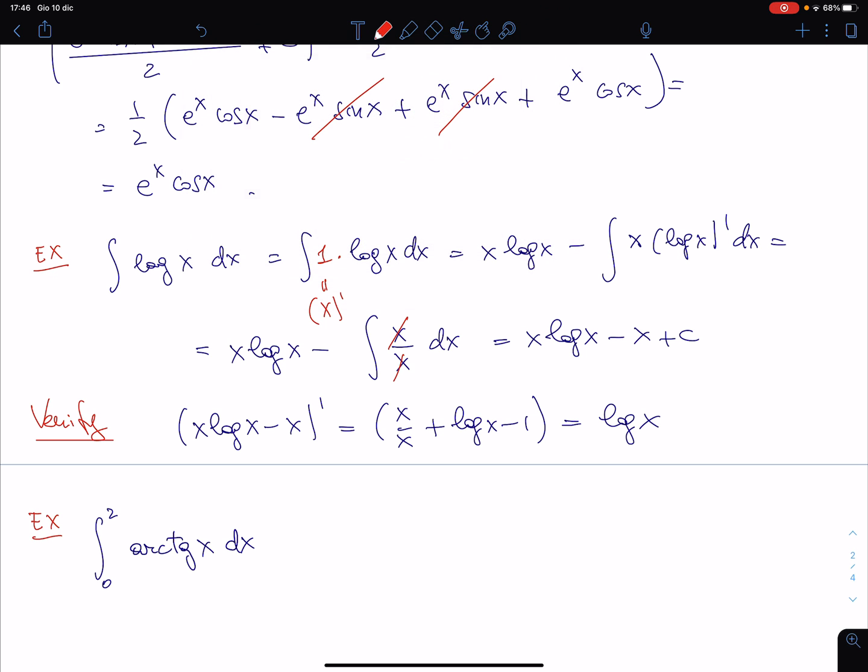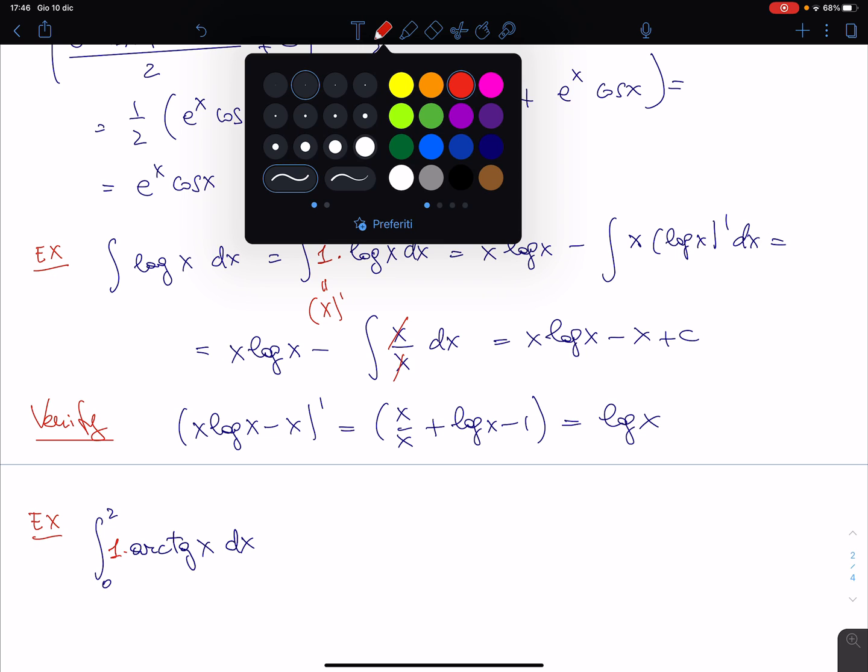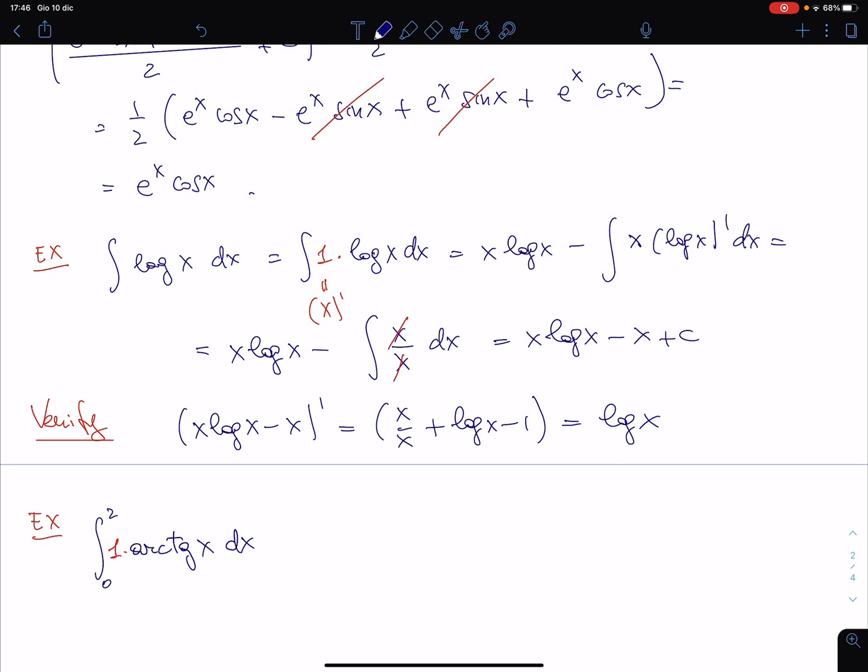As before put here 1, and here you have x arctangent x as before, and now you write, this is already a part of the primitive, so just the usual straight line with here the extremes of integration, okay? And then minus